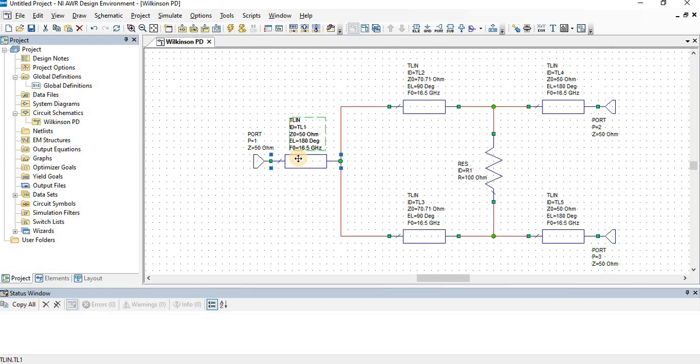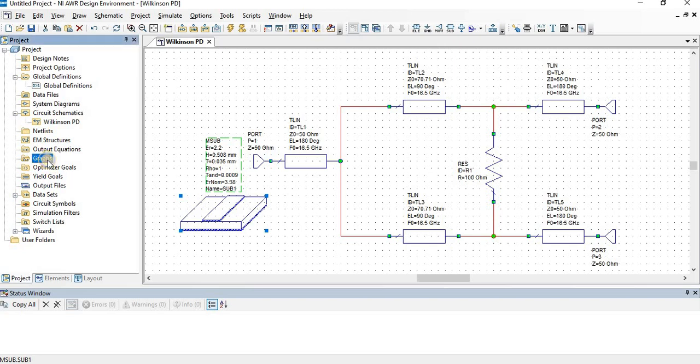If you are very good with AWR software, just copy and paste the T-lin over here, and instead of T-lin you can type MSUB, and then you can set the properties of your substrate over here. Five, and then my tan D 0.0009. So the design has been completed, guys.